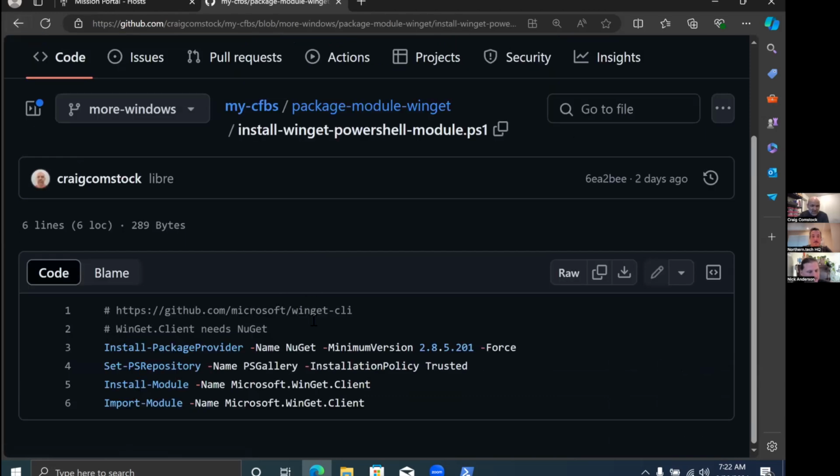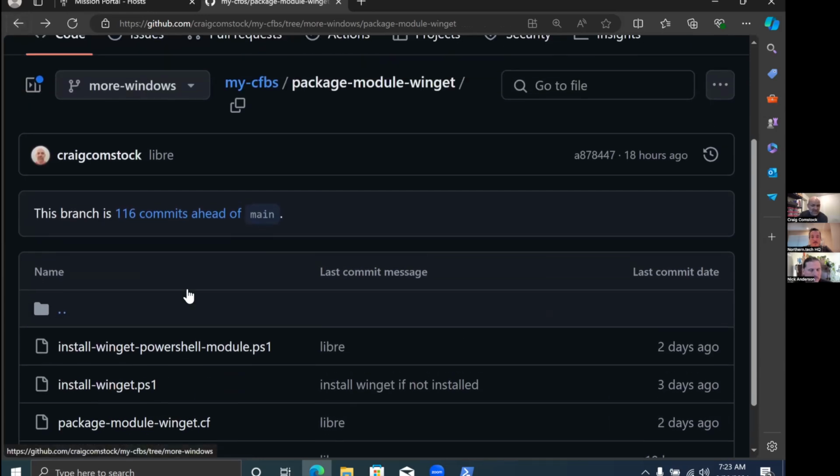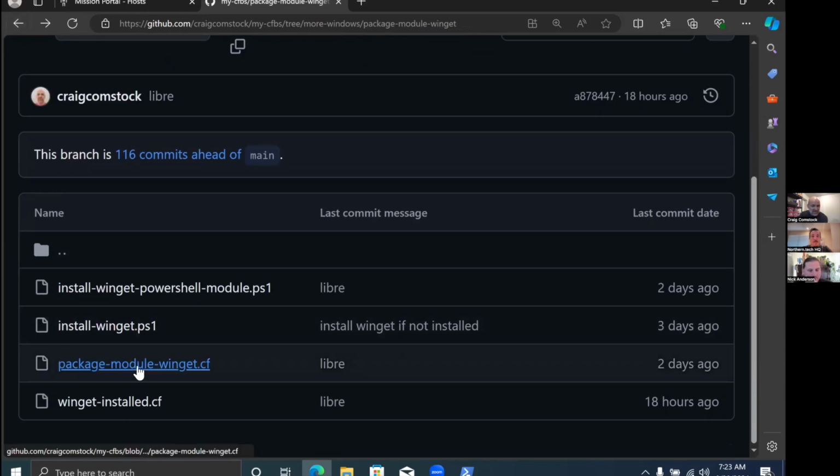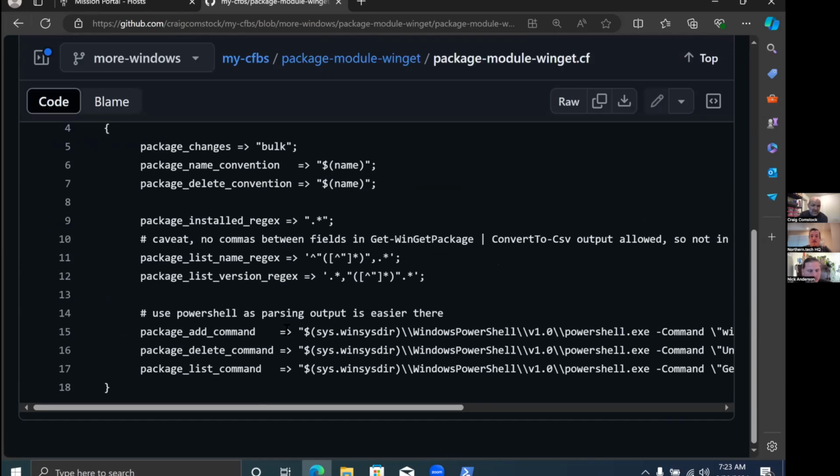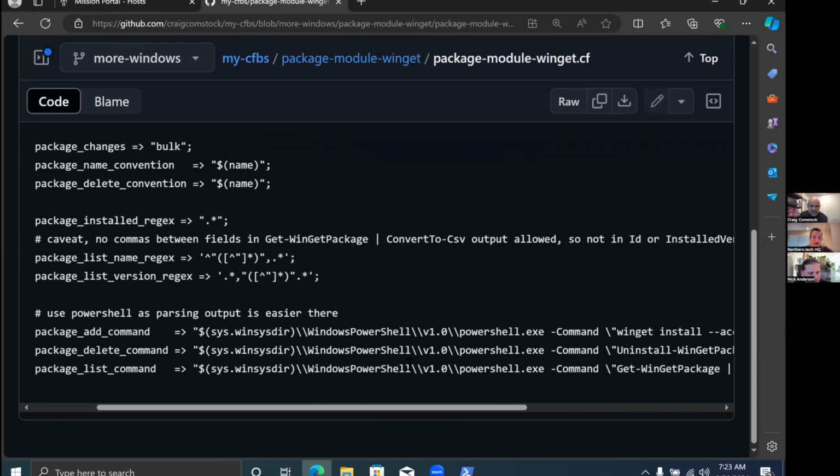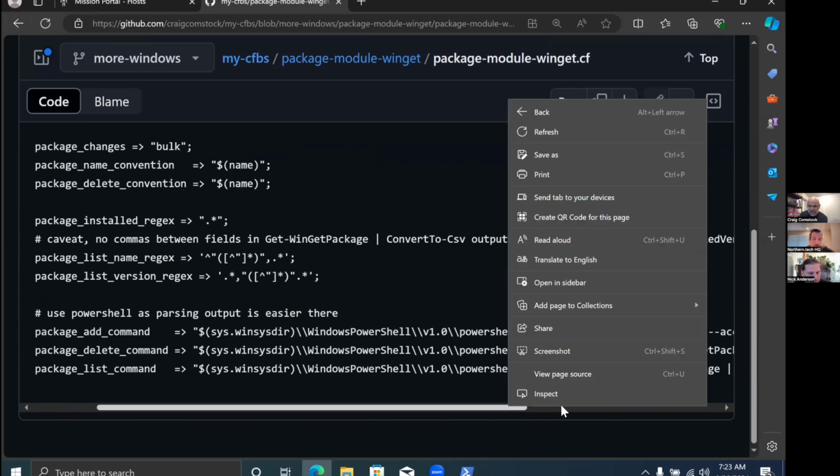And then I have to install this module because without this module for PowerShell, the output to list the software that's installed is not easy to parse. So that's why I'm installing that. Like here, you can see that the list command is using this commandlet,